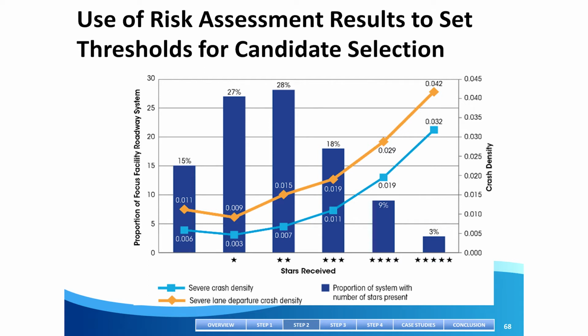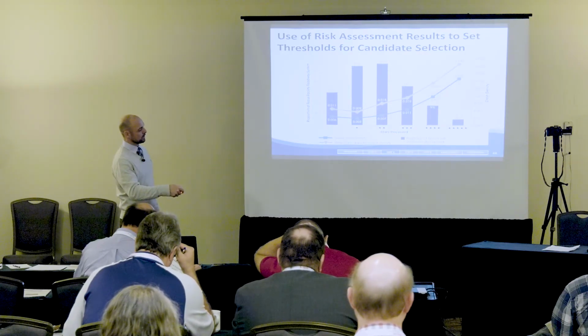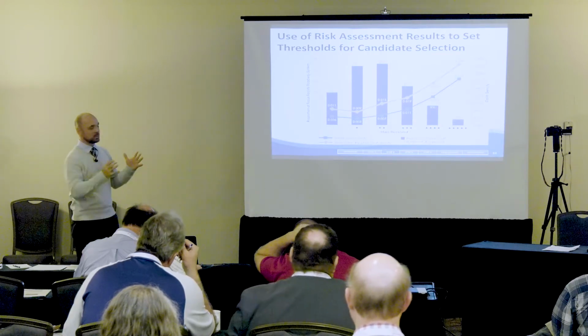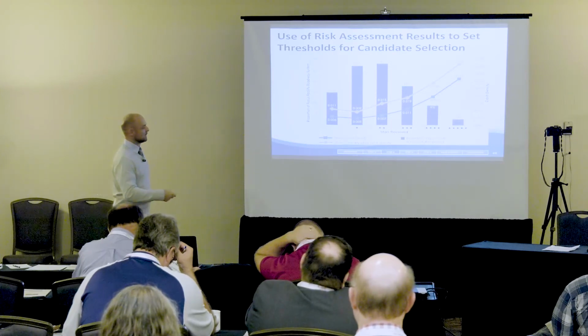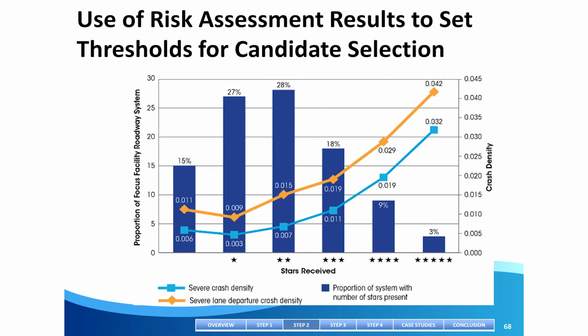27% had 1 risk factor, 28% 2 risk factors, and so on. So a very small percentage of our system, only 3%, had all 5 risk factors present. And that's good. It's helping to narrow down our list of sites. But what we really want to see here is this validation that risk is actually increasing with the number of